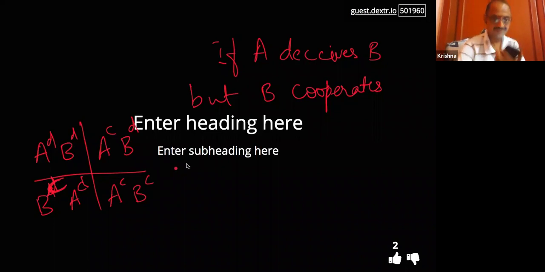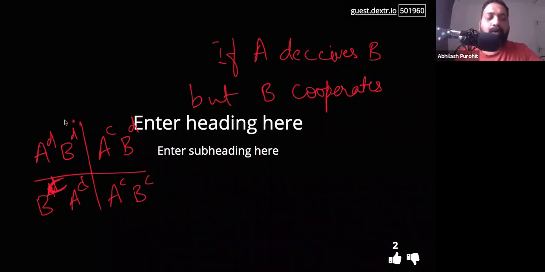Perfect. Continue. Okay. So once you get this point, the police is saying that if both of you cooperate with each other, and I'm going to change my stylus color now, both of you serve 1 year each in jail. And what that means is that you will not snitch about B, B will not snitch about you, both of you cooperate, and you get 1 year in jail. However, if you both deceive each other, right?